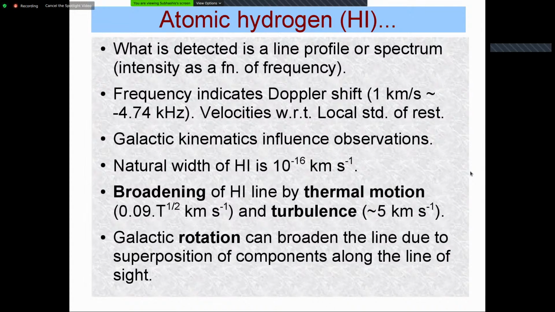These velocities, by the way, are typically measured with respect to something known as the local standard of rest. I'm not going to go into the details of the local standard of rest. There are various issues here when you are doing practical measurements, so those things have to be kept track of, because when we do the actual experiments in the RPS, which you have done before, these were covered in reasonable depth. But here we are doing it more theoretically this time, not going into the actual observation, and not doing the H1 experiment by hand. But the general thing is